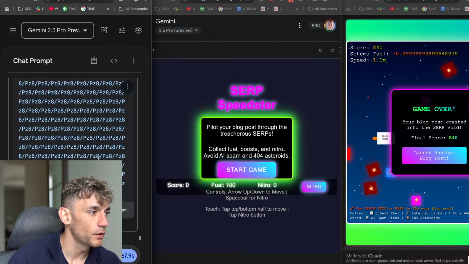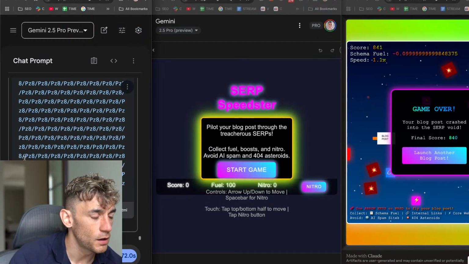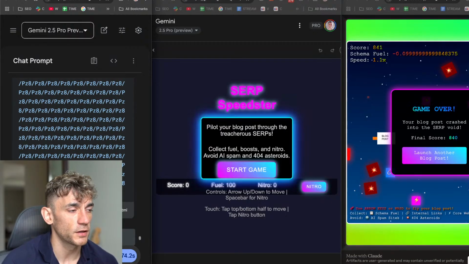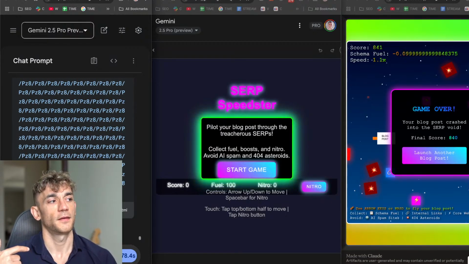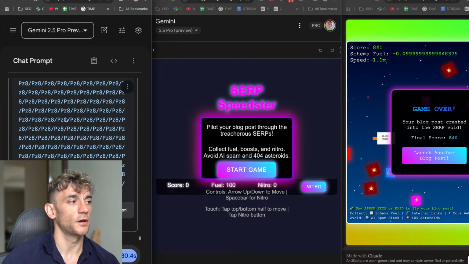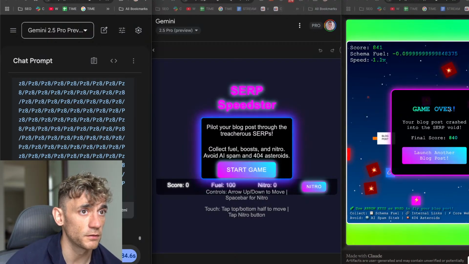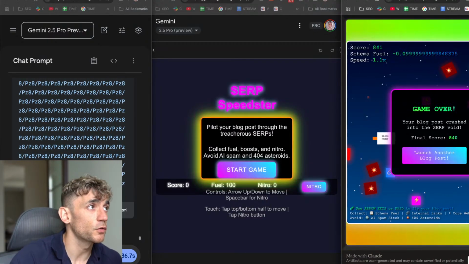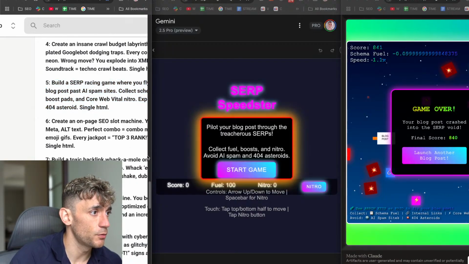Alright, so far, I would say Claude 4 Sonnet has won that round. And also, the difference here is that Claude 4 Sonnet created a perfectly working game that actually makes sense. It didn't get stuck on the code like this one, and the game was a lot more fun than the other two. So, it's 2-all so far. Let's see what else we're going to create now.